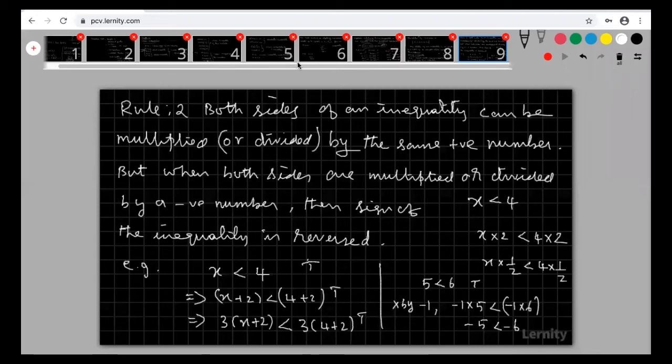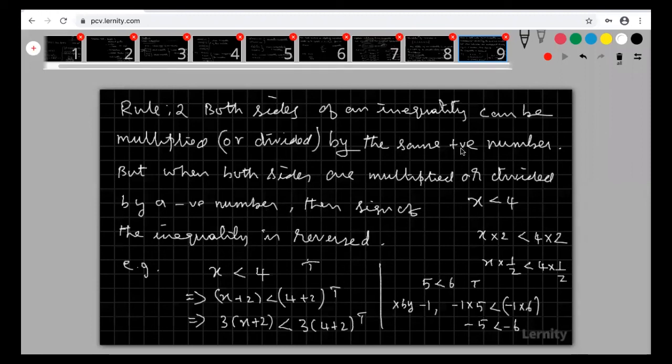We are discussing only the linear number system, not the complex number system. Complex numbers are over. Here we are considering only real numbers, not complex numbers. Any number, but it is a real number. But the multiplication is by a positive or negative non-zero number. If you multiply both sides by 0, both sides will come 0. So you have to multiply or divide by a non-zero number, that is a positive number or a negative number.